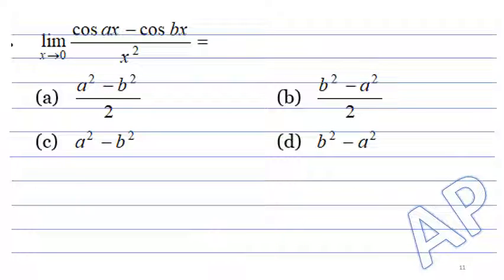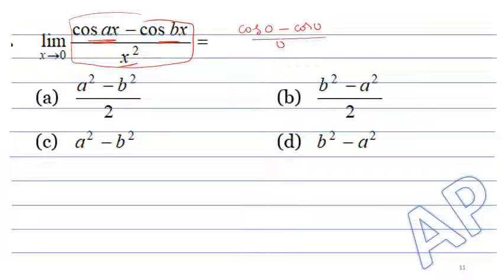Evaluate the limit as x approaches 0 of (cos ax minus cos bx) by x square. So let us find the correct answer so that we can use this as a shortcut trick for solving the questions. Here when you put x equals 0, that is when you apply the limit, we have cos 0 minus cos 0 by 0, which is 0 by 0 form. So let us apply the limit by